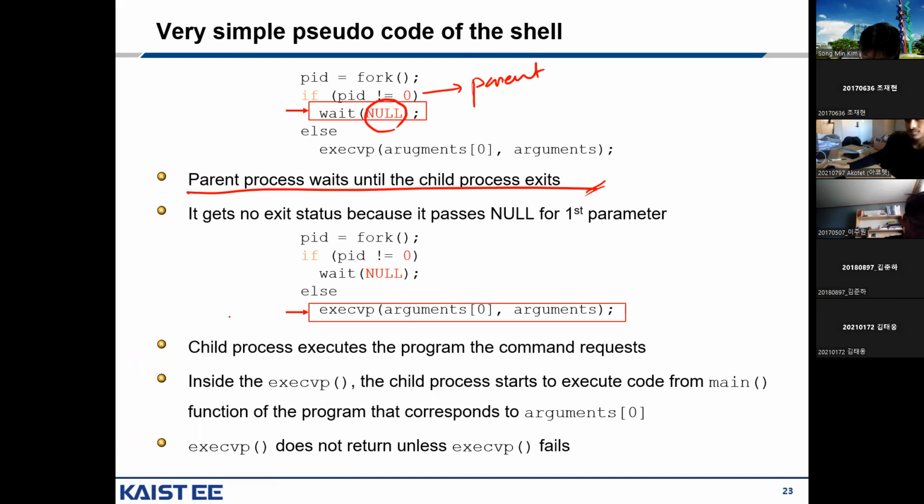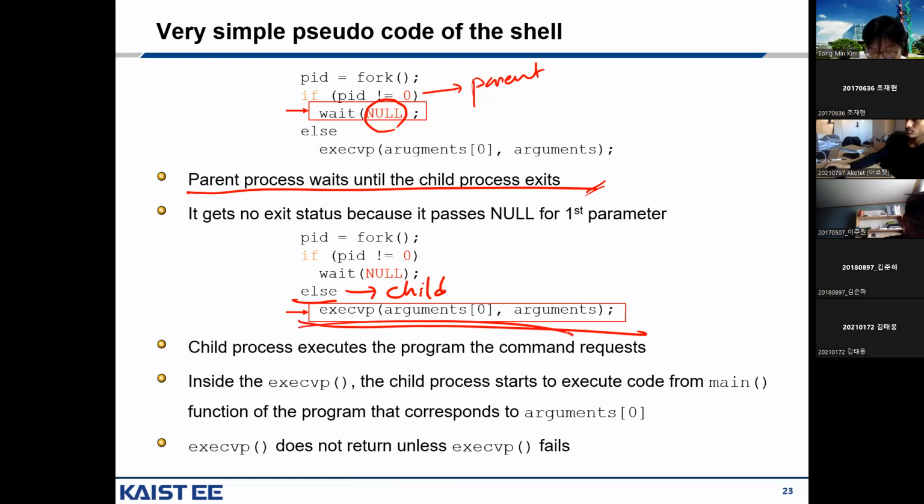We did not put wstatus, meaning we don't want to track what happened to the child. We don't want to know how the child terminated. Okay, it's a bad parent. Anyway, if you're else, meaning you're a child,